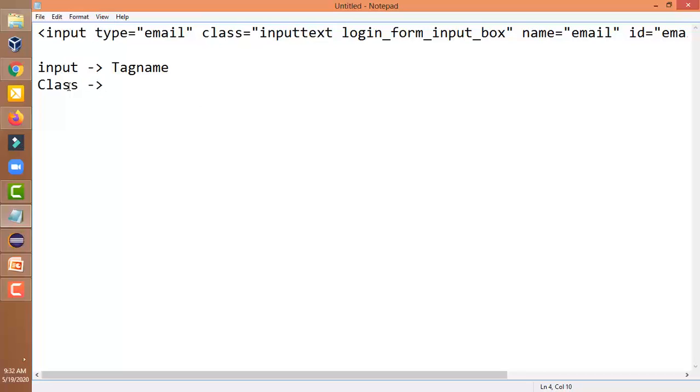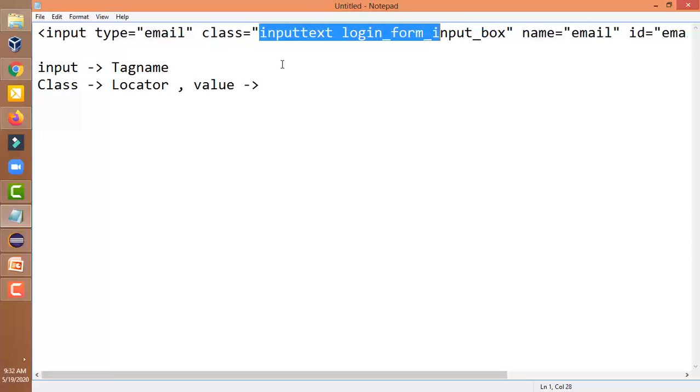Class is basically a locator, and what is the value of the class? Let me show you. From this inverted comma, start picking till the end of the other inverted comma. This is the value of the class.